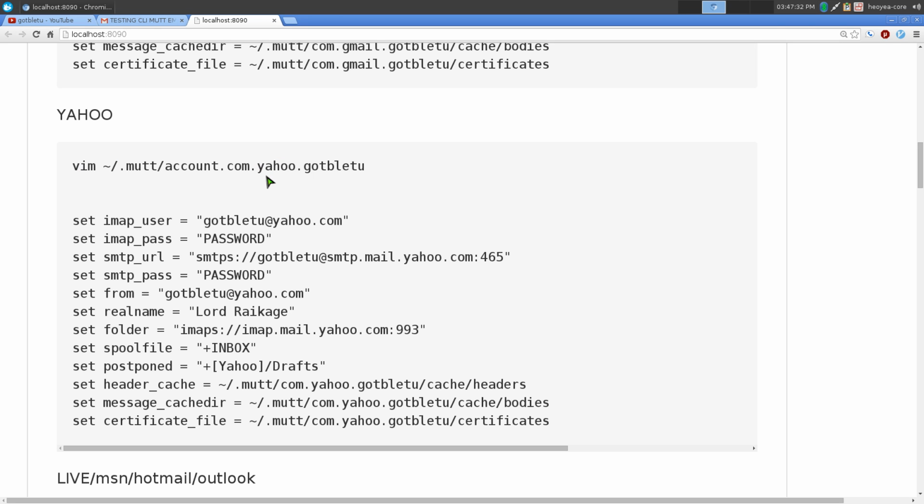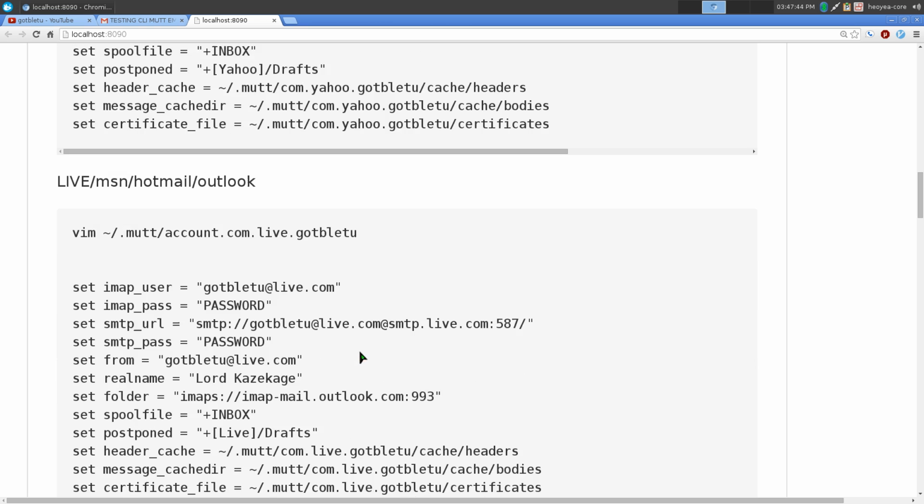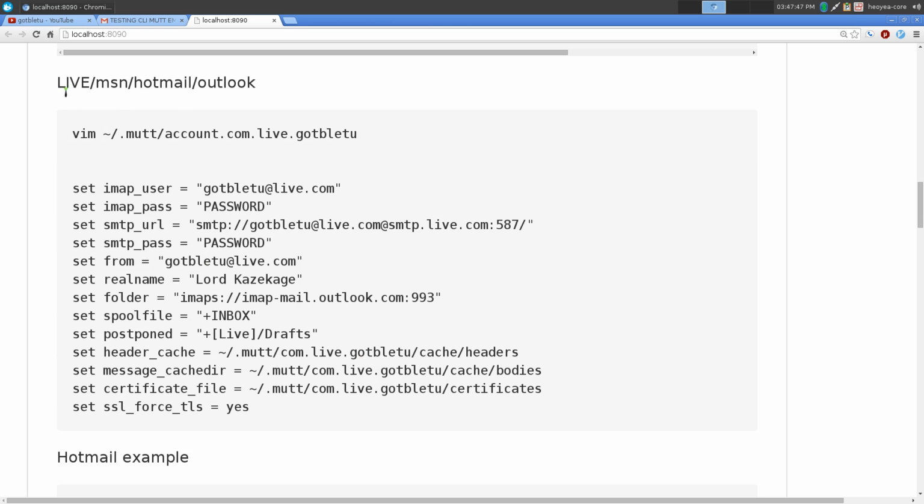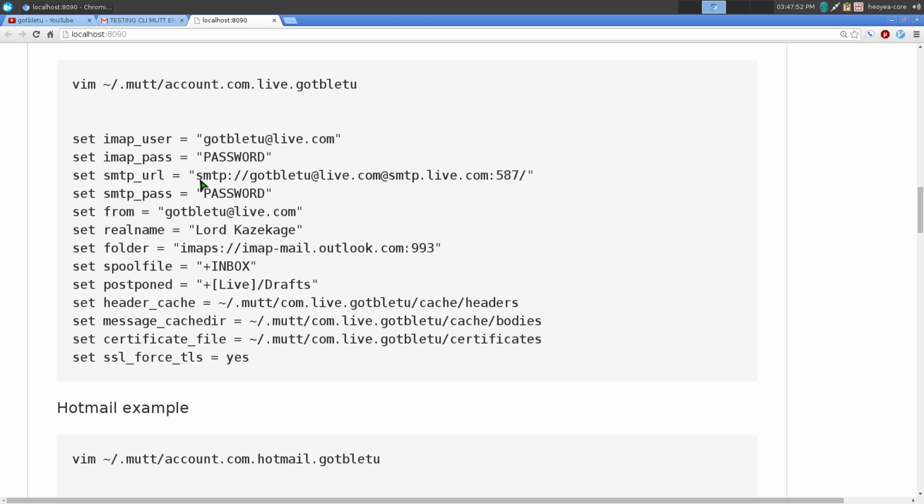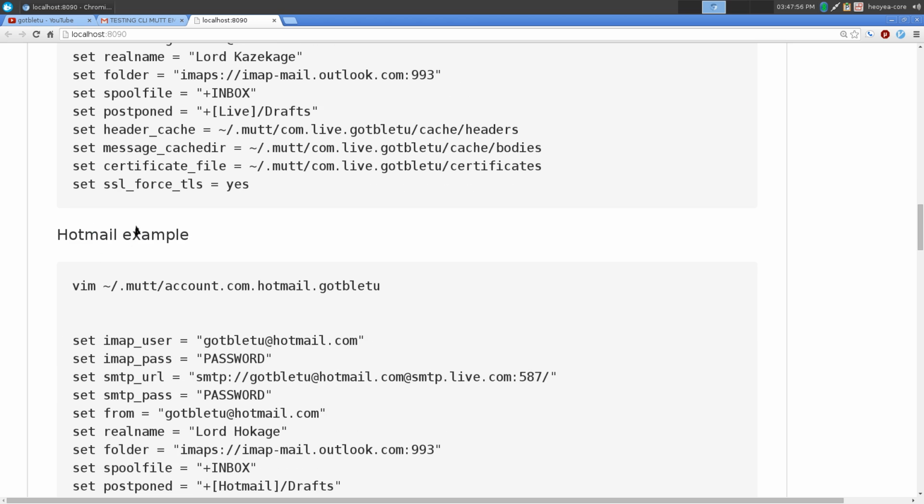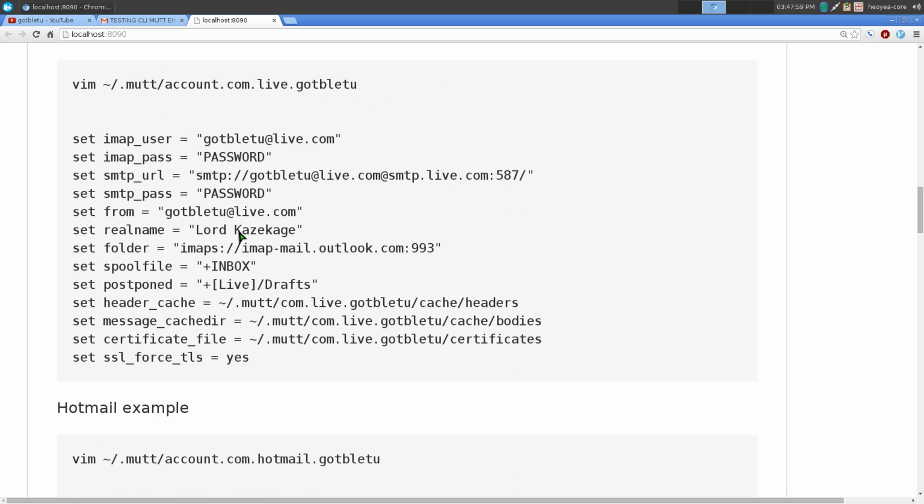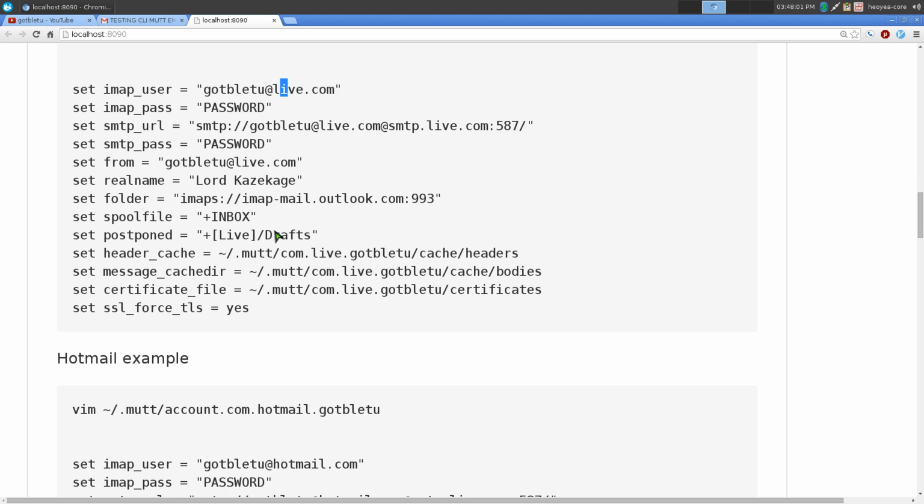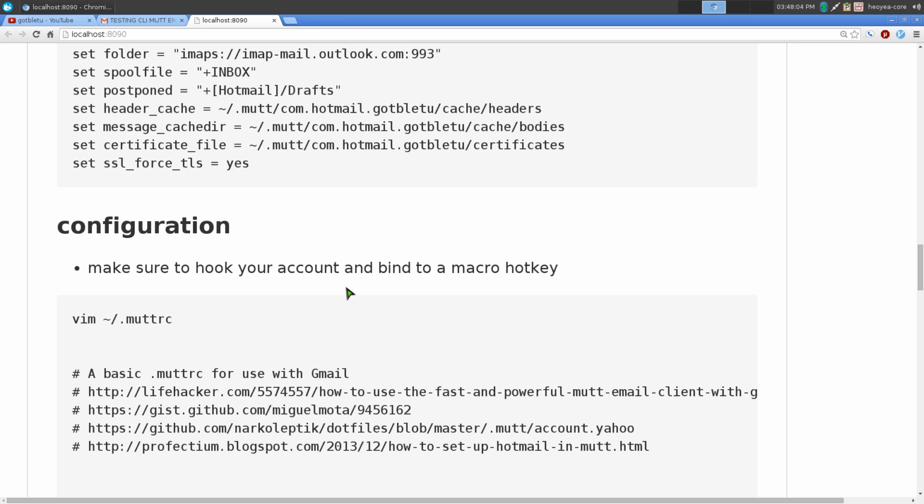So if you're gonna have a Yahoo account only, then again, use either Vim, Emacs, Nano, or gedit, whatever you want to use, a GY. You can do that. Again, change all the stuff that reflects you. And this one is for live account, MSN, Hotmail, Outlook.com, and all that. I gave you 2 examples just to see how it looks, but they're the same thing. It's just that this one is for Hotmail. It's the same thing, just changed to instead of live, it goes to Hotmail. So on and so forth. That is it really for